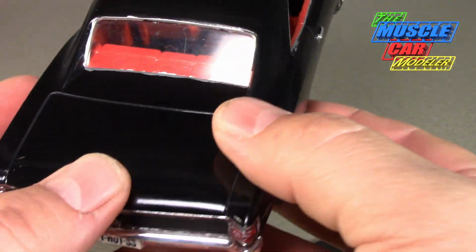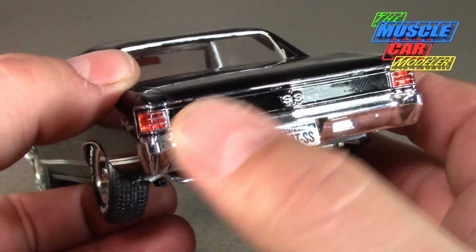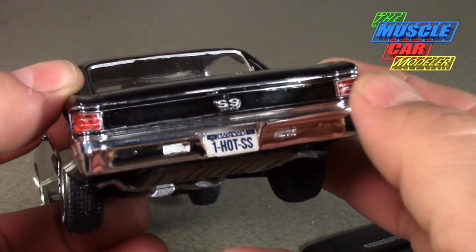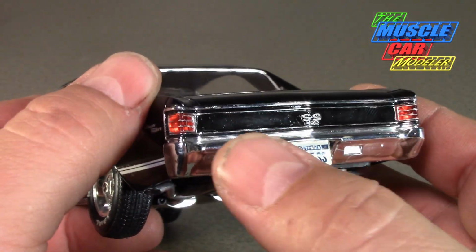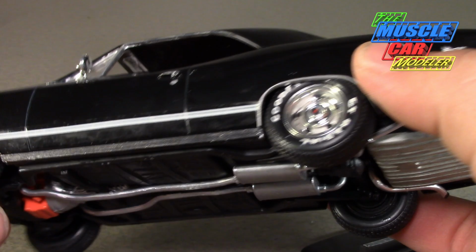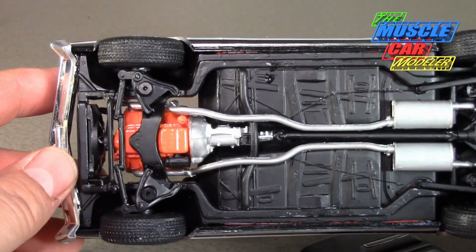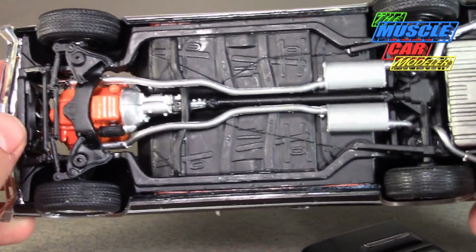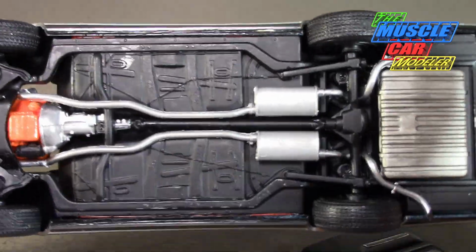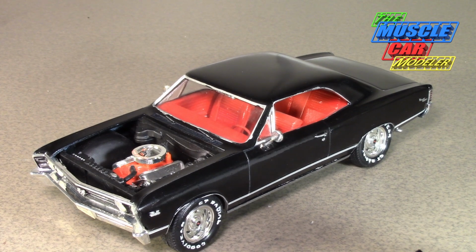I don't know if I can say which one I prefer over the other, but they're both nice kits from that time frame. And then painting this whole tail panel, which was all brush painted, and then I would use a toothpick to scrape the chrome visible through the paint, and that came out okay. The decals for the license plate are falling off, but the whole underside is just right from the kit. I didn't do any modifications to this build at all, but it's got the manual tranny in there, and I just remember really enjoying this build. And it came out nice, and to have it this long and to be one of my survivors